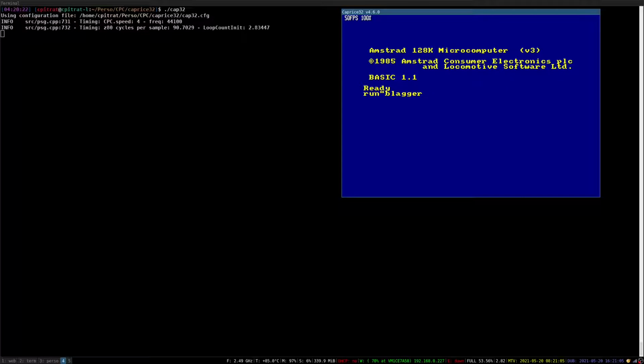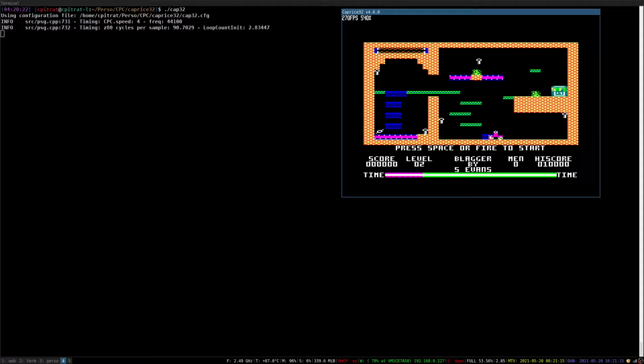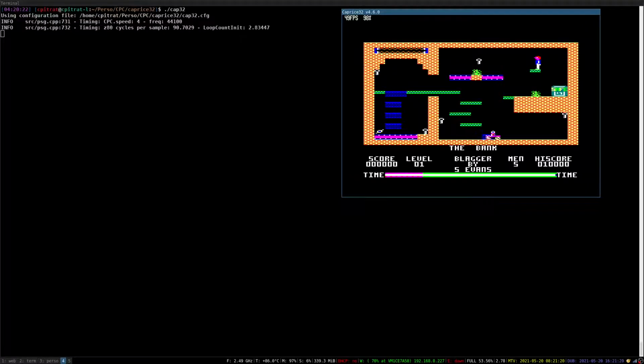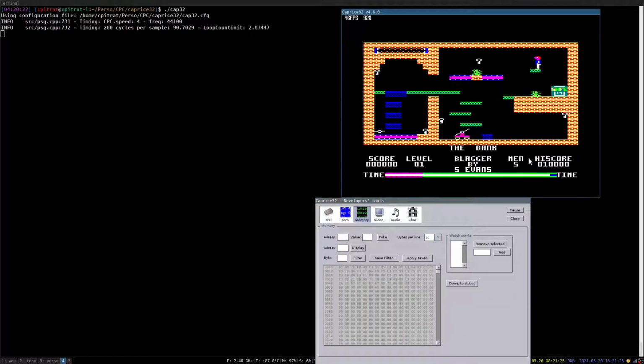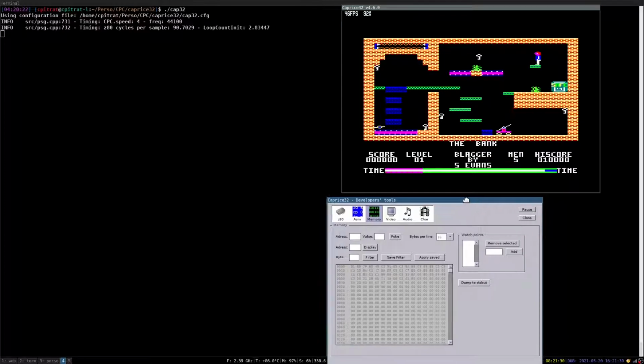So first I will press F7 to activate joystick emulation, and I will press F9 to skip the parts that are a bit long. And so now I will start the game. And so the problem in this game is that I only start with 5 lives, and although I gain a new life every 10,000 points, that's not enough for me to finish the game, because it's becoming pretty hard pretty quickly.